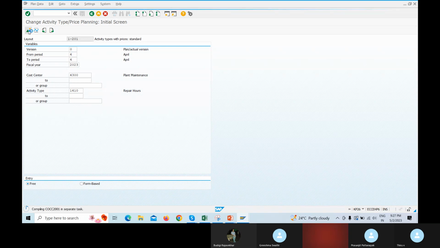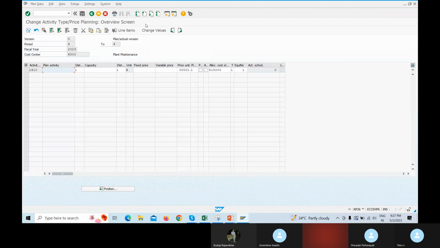See here. This is the fact: we won't be doing the production or the project, but you should know the flow, the labor cost flow. If you don't know, you're not a pure PM consultant. So for this activity, I'm going to maintain the price here, fixed and variable price. What is fixed, what is variable? That's not our matter. Leave it. Fixed means the standard price; variable changes day by day, so the cost will vary. That is not our headache.